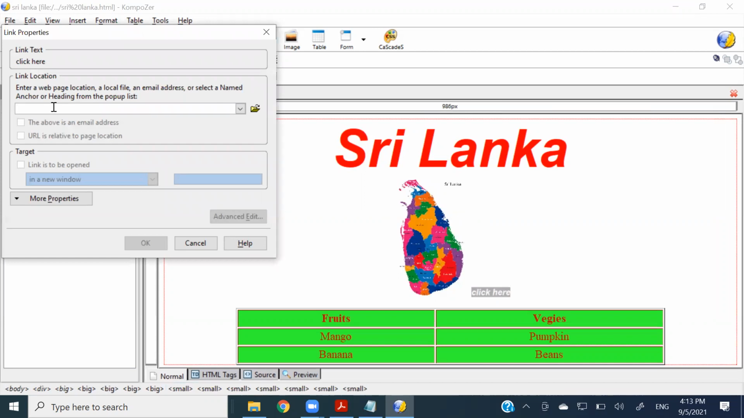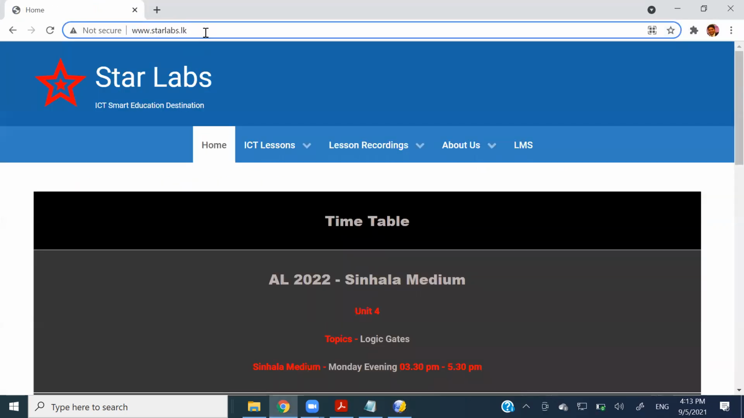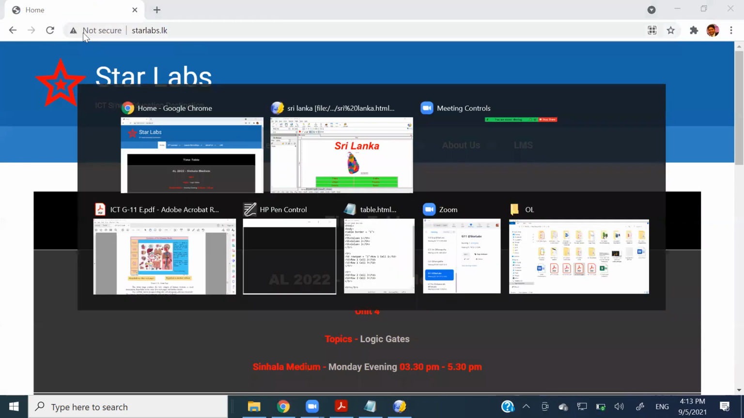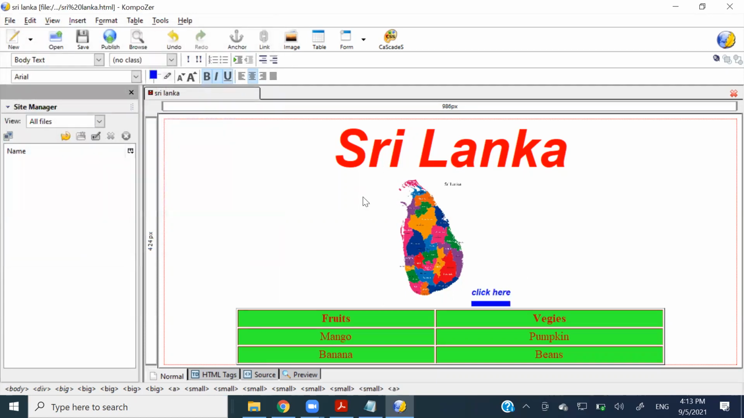So if I give a web page location like this, let me take my website's address from here, and I'm going to paste it. So I have given http://www.starlabs.lk as the link. That means the value for the href, right? Then I say okay, right? So this is the preview. So if I save it,